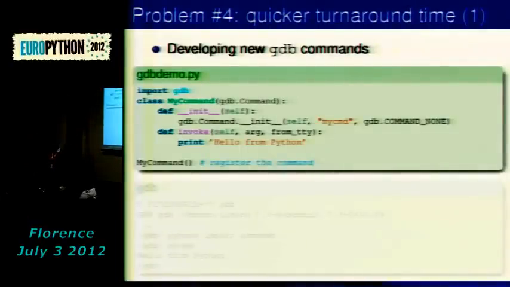Fourth problem that I had to solve in the past years or months. At some point I was spending a lot of time inside GDB, because you know when you are developing PyPy and the JIT and everything crashes, you have to somehow debug it. And then there is a nice feature in the newer versions of GDB that you can extend it with new commands written in Python. So you can, for example,